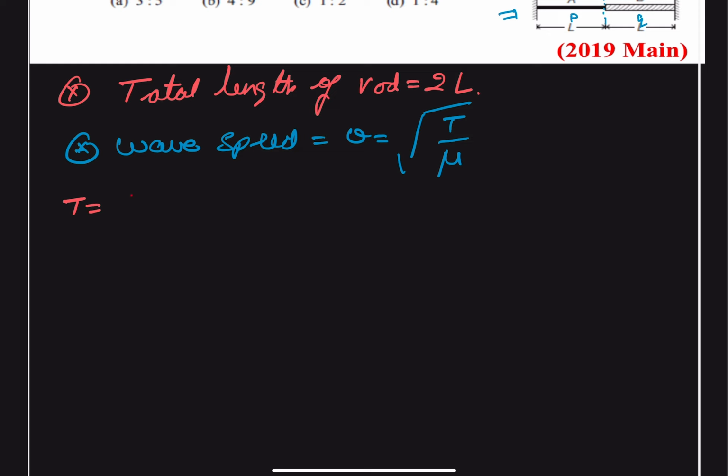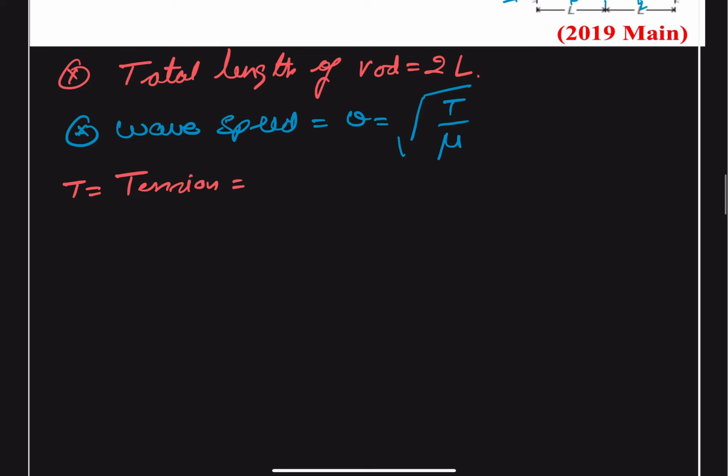T is the tension, and this tension will be the same for both wires,